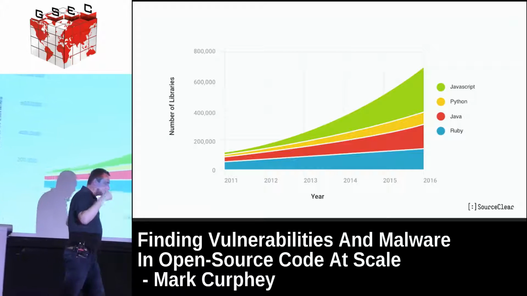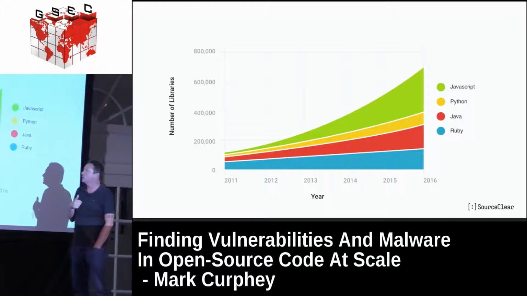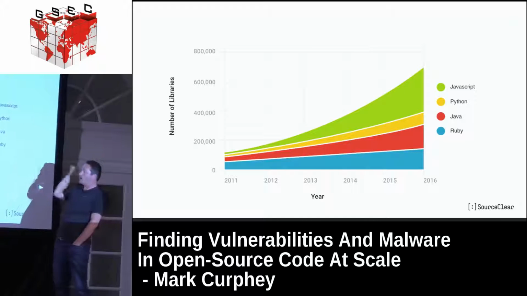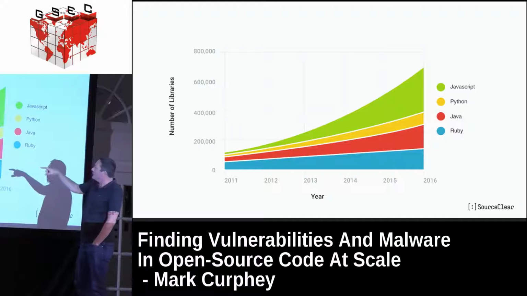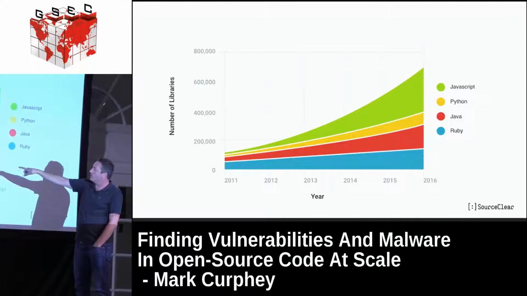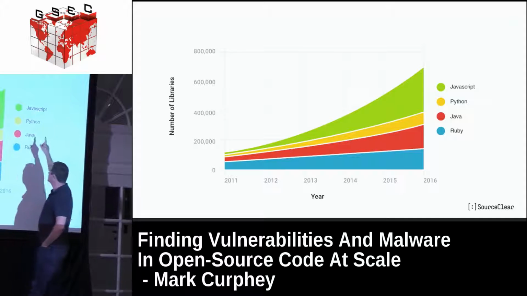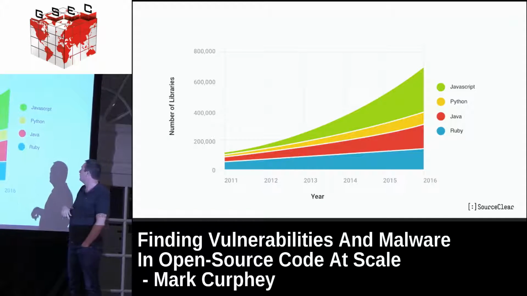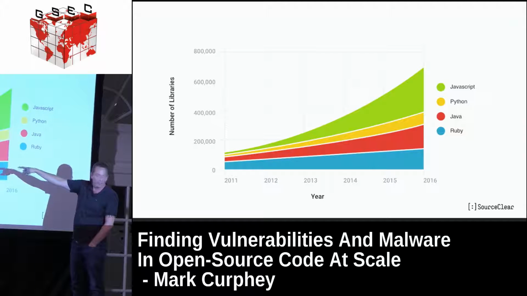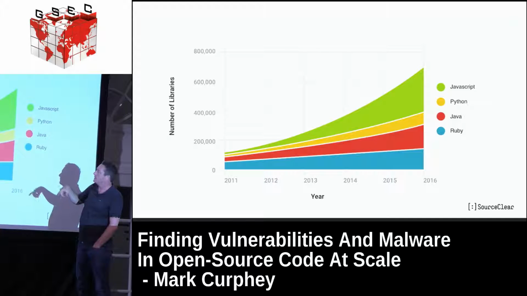The reality is about the size of this thing. What this chart shows is how many open source libraries are getting released. I'm probably going to fall backwards over here in a real comedy thing in a minute, but don't worry. If you look back to 2011, there were about 160,000 libraries in total. Most people were building stuff in Ruby. Ruby on Rails was kind of popular. People were building commercial stuff in Java, and we were starting to see the rise of other things.